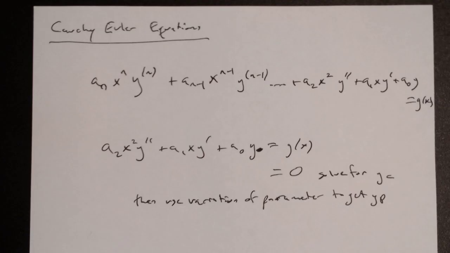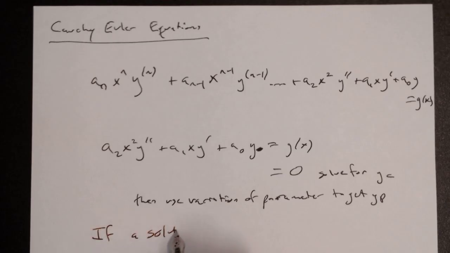Power rule. I get one lower power, right? Which means the y prime is going to have one fewer x, but there's an x next to it. Y double prime is going to have two fewer x's, and there's an x squared next to it. So this actually works out to be something nice if